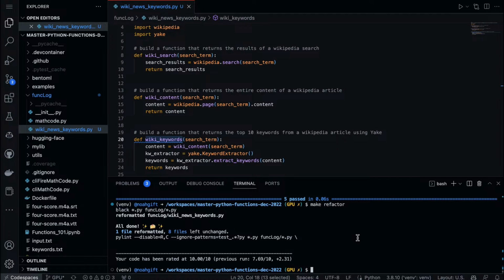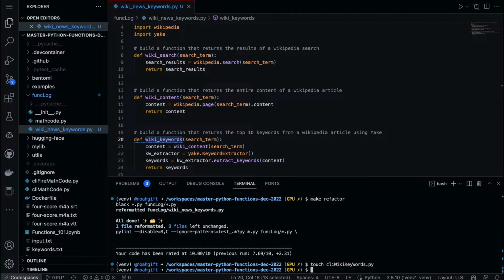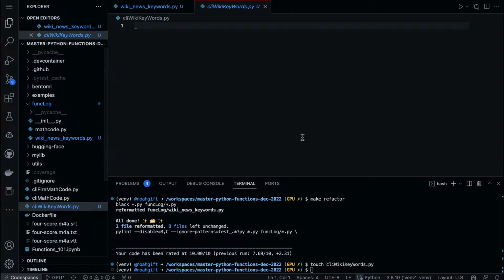And so now it would be pretty easy to just build this into a command line tool. So what we can do is build this out in the same style that I did before. We'll say CLI, and we'll call this wiki news, or wiki keywords.py. And then we can go into here. We can do the same prompts. Now it's a good question.